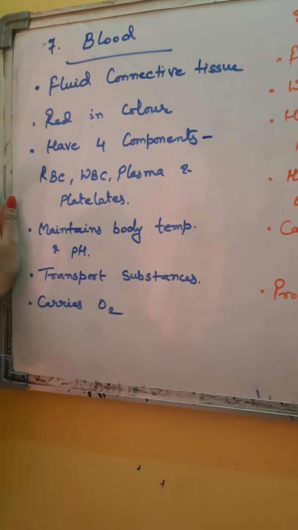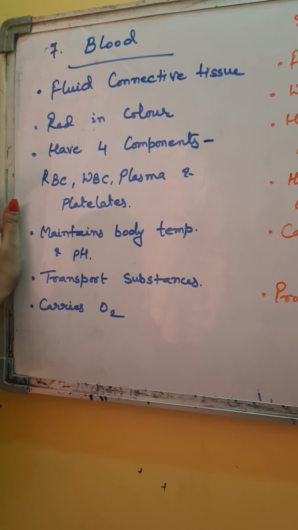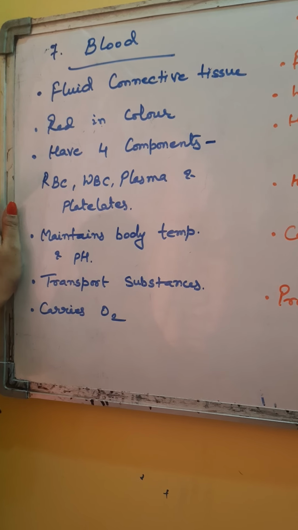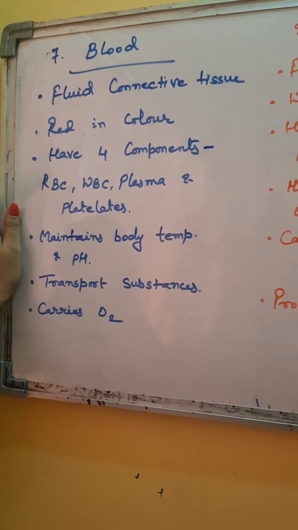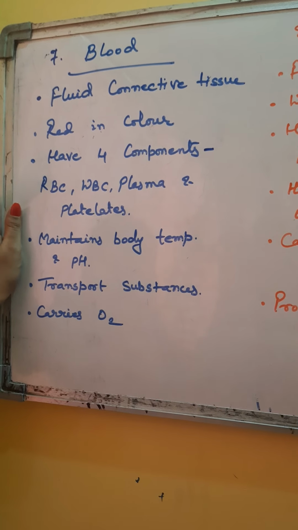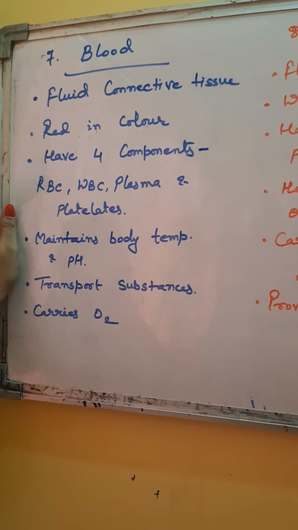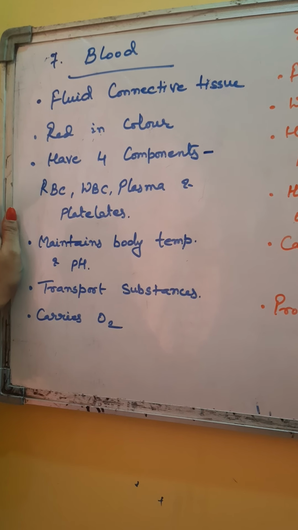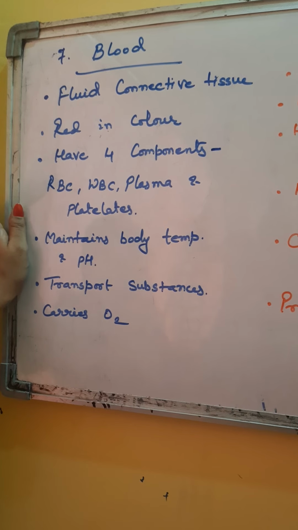Some components of WBC engulf foreign particles, some kill those foreign particles, and some components of WBC memorize the sequence or toxins secreted by those harmful substances or germs. So in this way, different components of WBC perform different functions, but all together they are responsible for providing immunity to the body. So WBC is to provide immunity to the body.